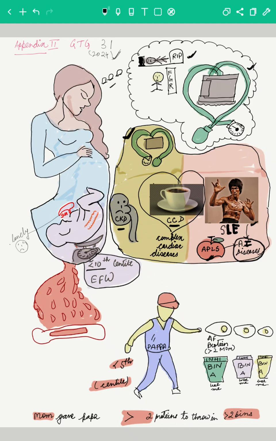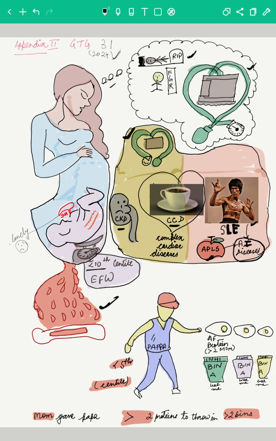So we are done with her past obstetric history, we are done with her medical history. Now we come to her current pregnancy. Now, in the current pregnancy, there can be a lot of issues with the mother or with the baby. First, we'll talk about the mother. If she has significant bleeding during this pregnancy, then it's a major risk factor for fetal growth restriction.